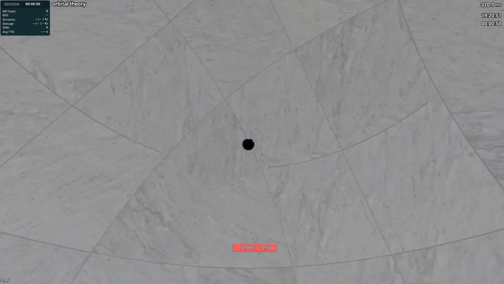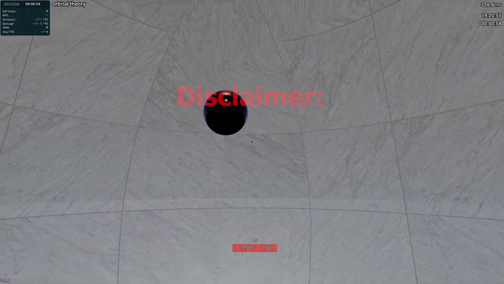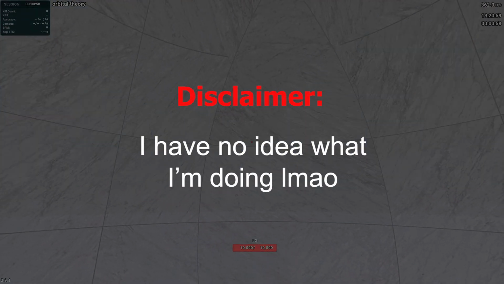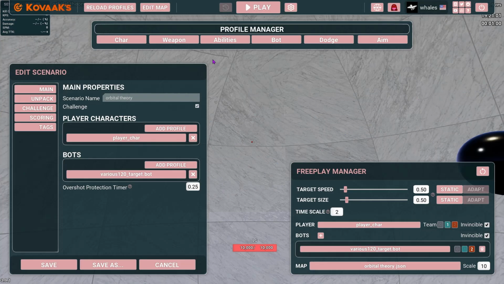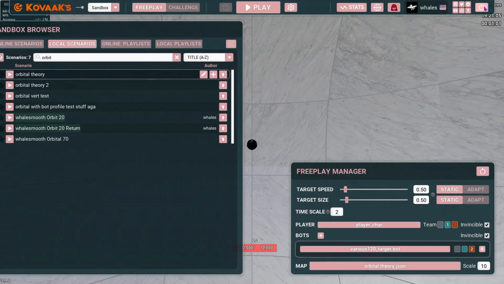Hi, my name is Wales, and for the past few days I've been trying my hand at scenario creation. Quick disclaimer, this is not meant to be a guide. I'm not an experienced scenario creator at all. This is just my attempt at documenting my process of familiarizing myself with the tools in the map creator and